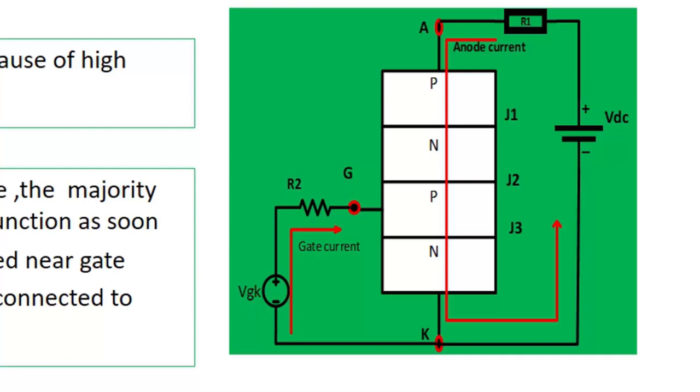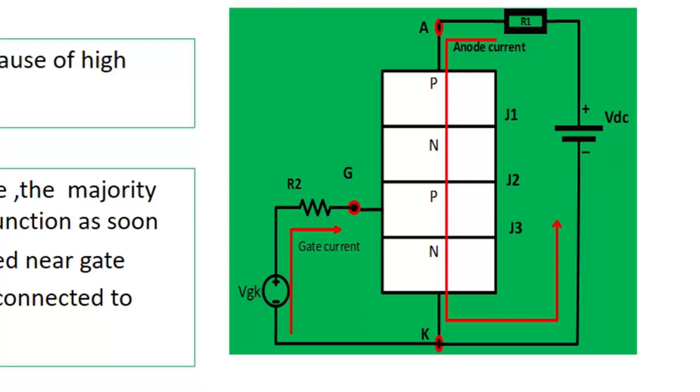Now, for a short duration of time, if the voltage across this J2, or the change in voltage across this J2, is very high or more than the forward breakover voltage, then the thyristor will be on. This rate of change of voltage with respect to time may be high enough to damage the thyristor, or unwanted triggering may take place. So it is to be protected from high dV/dt.